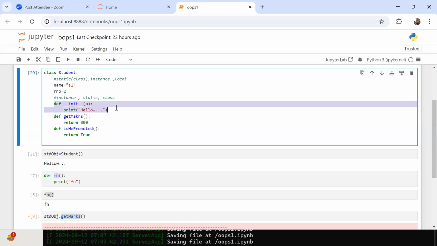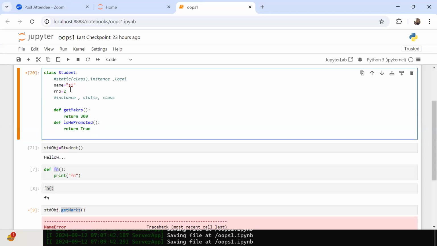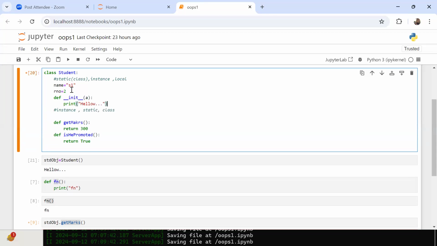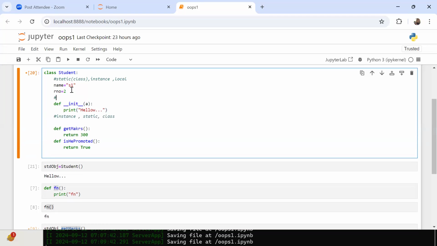See, this terminology is common for any programming language. Again, it is not only Python. Whenever you create an object for the class, one method is going to be called. Terminology wise, that method is a constructor. In Python, the constructor name is underscore underscore init underscore underscore.